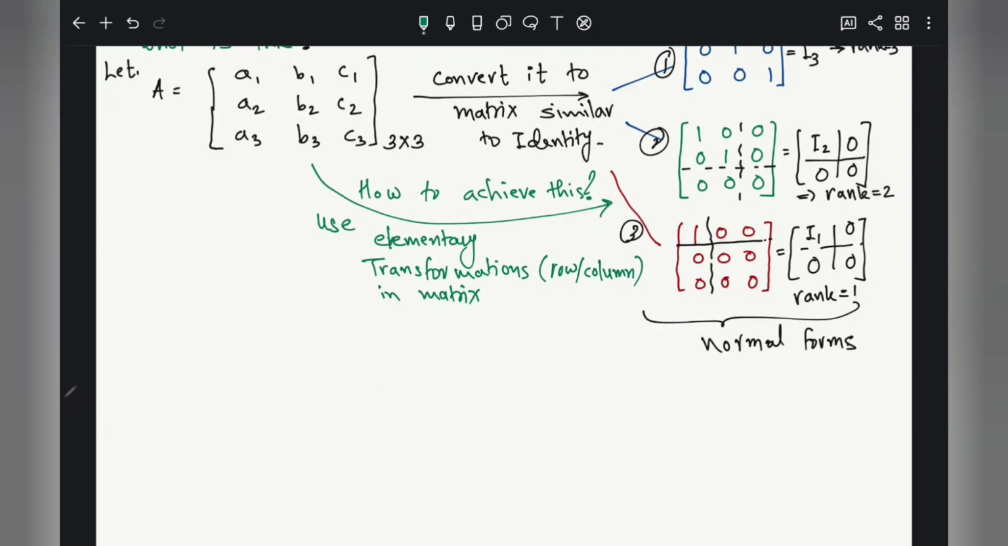Similarly, one more way I will explain. Suppose your matrix is B matrix. Here I have considered a 2 cross 3 matrix, right? So a 2 cross 3 matrix, if you convert,